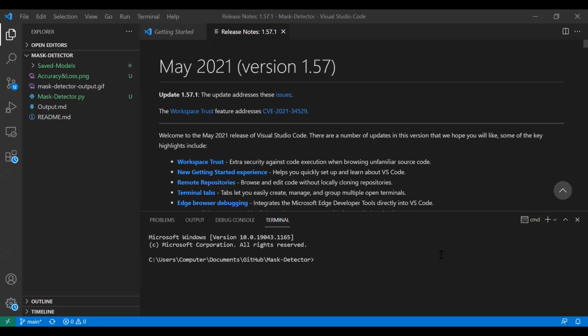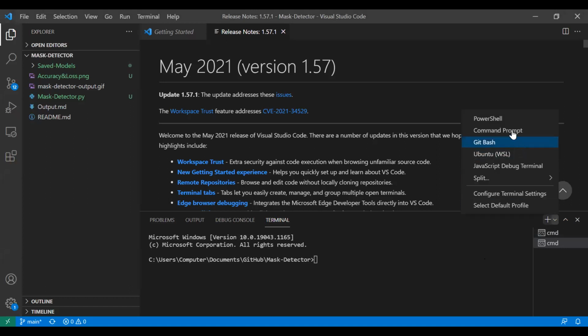Yeah. So by default, I think you have this thing over here. This is your CMD. As I said, my IT manager fixed it. So if you click on the arrow, not the plus icon, you can go to the configuration. The plus icon will open one. From here, you have PowerShell and command prompt.